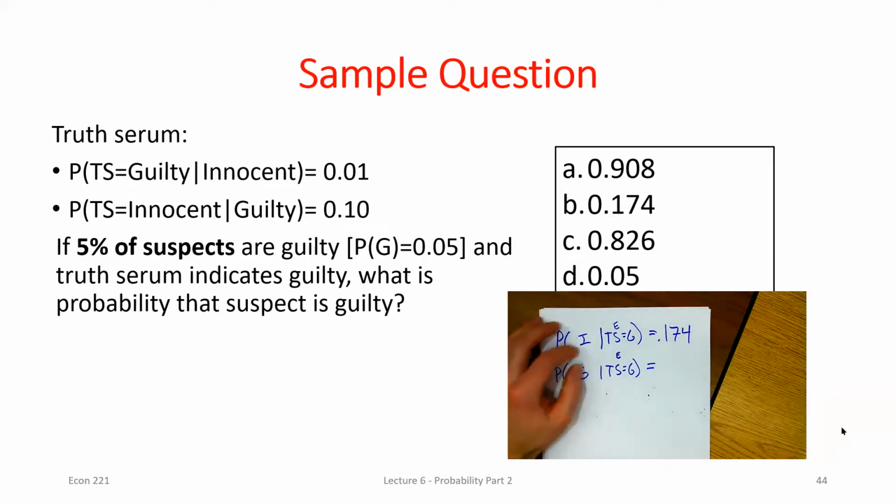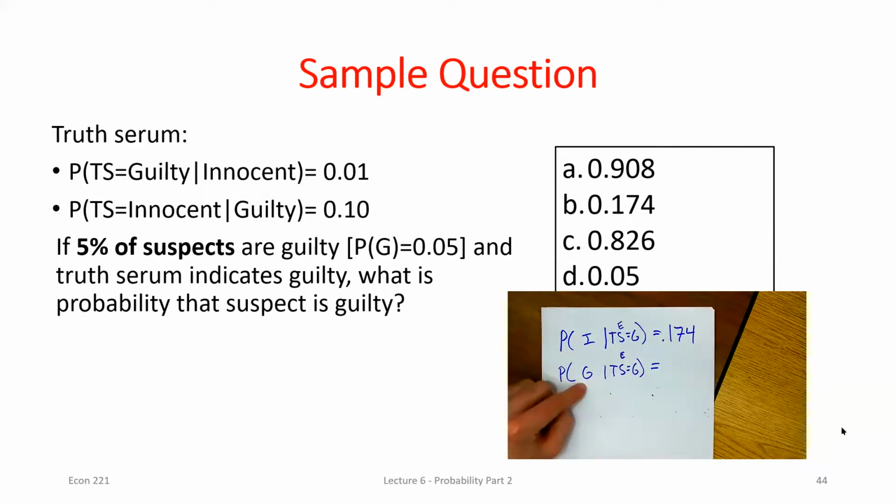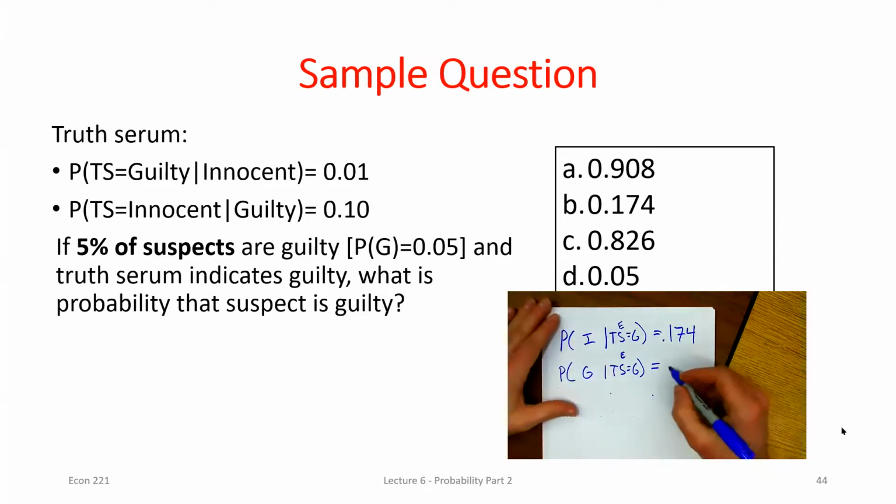The probability that if I selected someone at random out of that group that they're innocent is 0.174, which means the probability that they're guilty would just be 1 minus that, right? Because given that I'm looking at people who confess to the crime, they're either innocent or they're guilty. I'm looking at the same people. I'm conditioning on the same thing. So this would just be what,